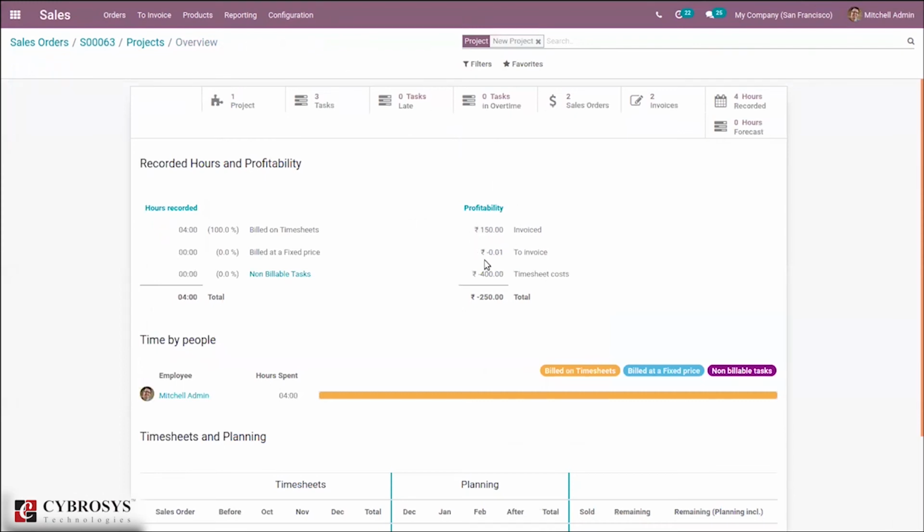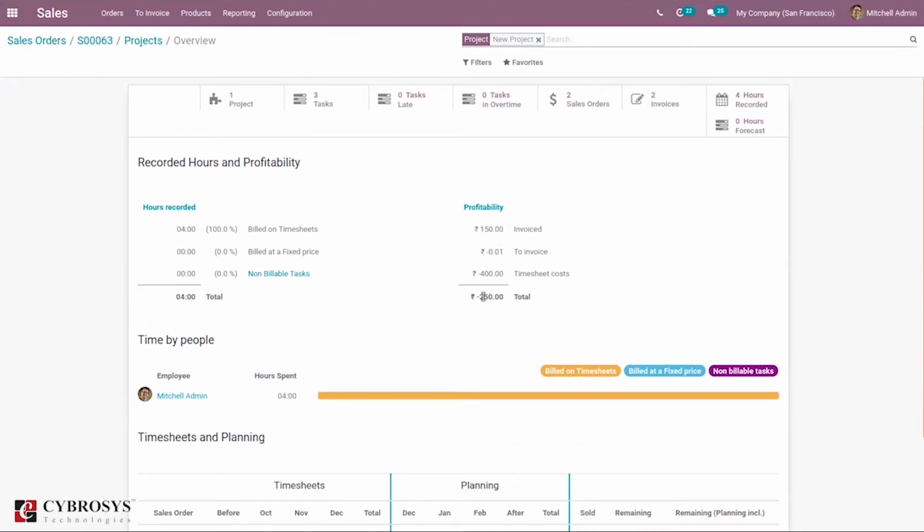So you can see total invoiced 150. That is for the order quantity we have added, that amount is also added to the invoiced. Okay, now we can see total profitability is negative 250. So now let's consider the third case, that is no task found project. For that,